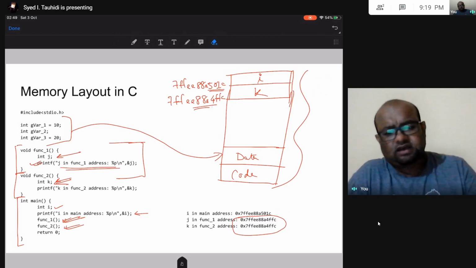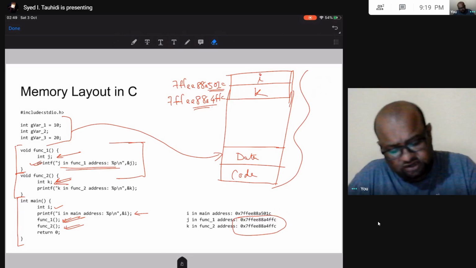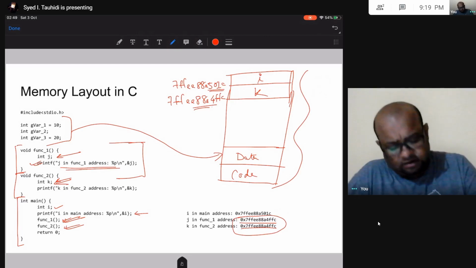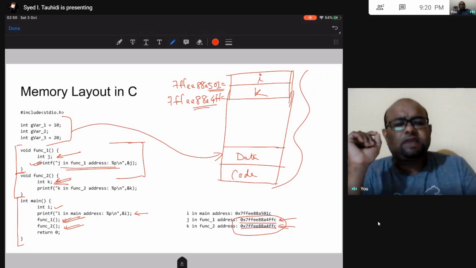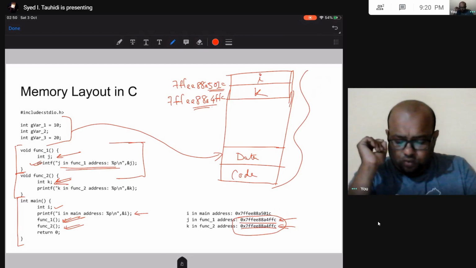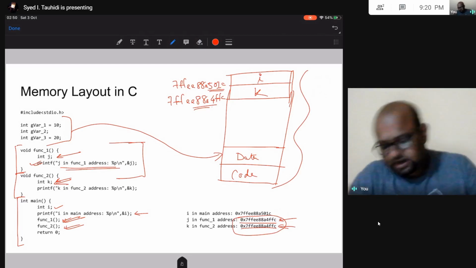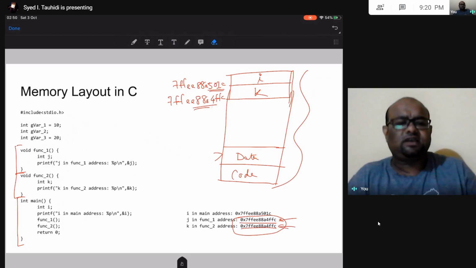You may see some different output, but the address of j and k are going to be the same, although it is not necessary that it is going to be this exact number. Whatever be the number, these two numbers are going to be the same. I hope it makes sense to you why these two are the same. If you did not understand, then rewind, pause and think about what is happening.